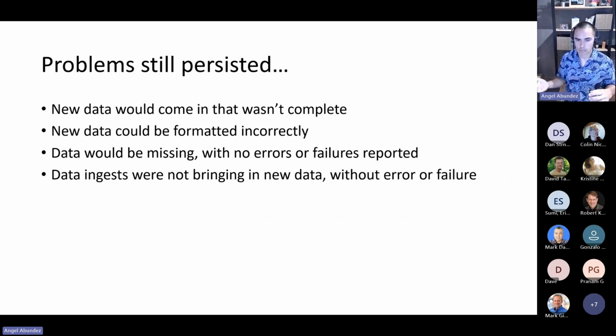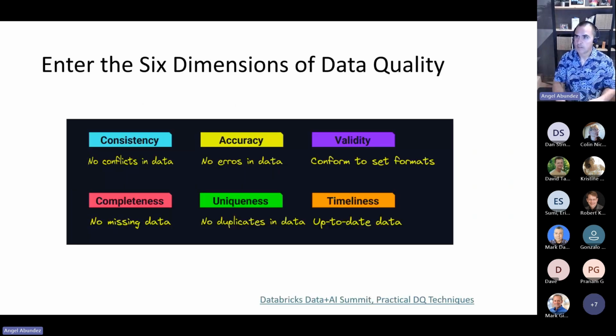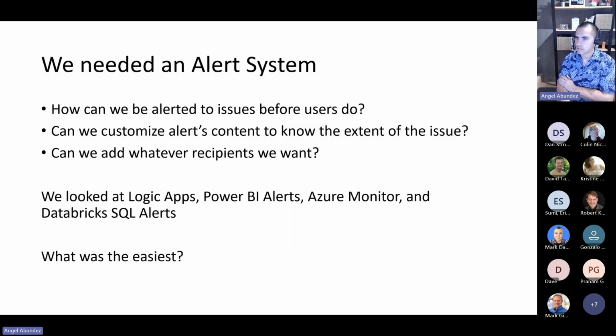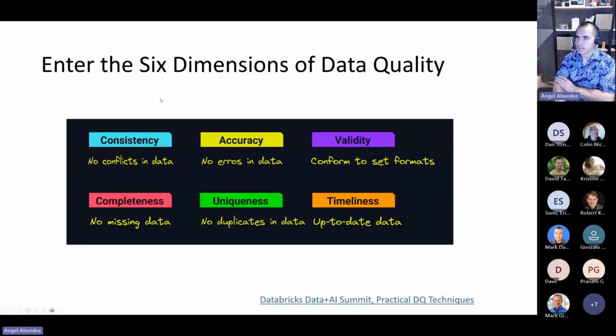It was really strange, but some of you might attest to this, that sometimes your pipelines will run successfully. There's no failure, but there's no new data, right? What's happening? So enter the six dimensions of data quality. You've got to be familiar with these when it comes to data quality or monitoring of your data systems. I think I have some examples here. Well, before I get there,